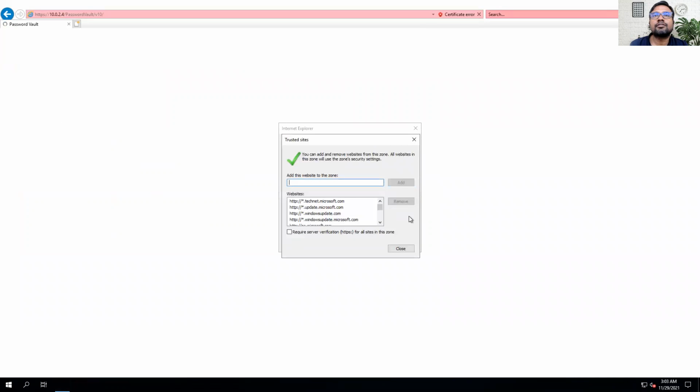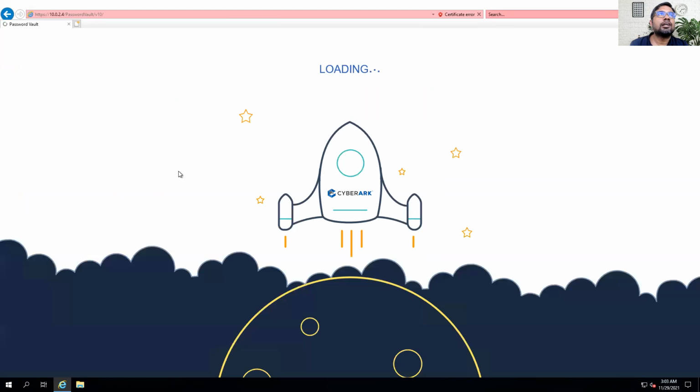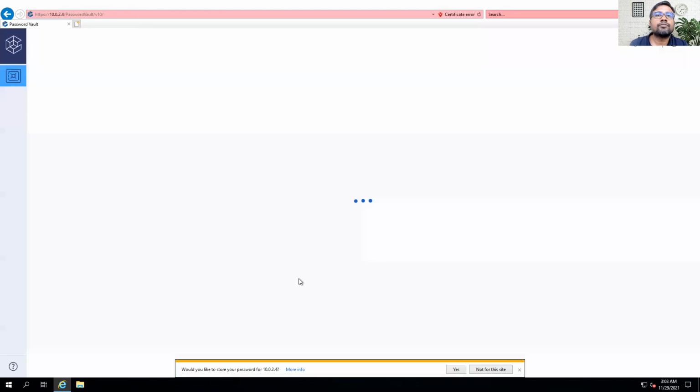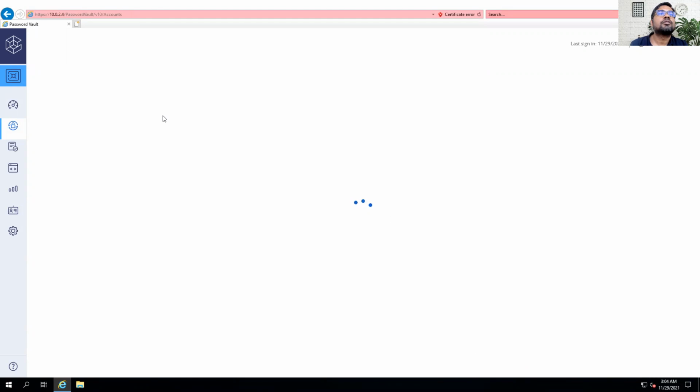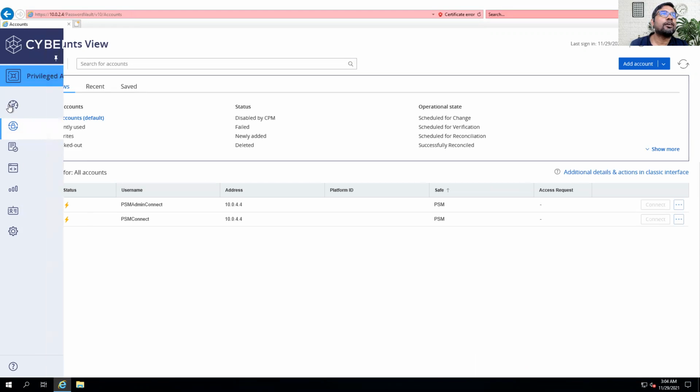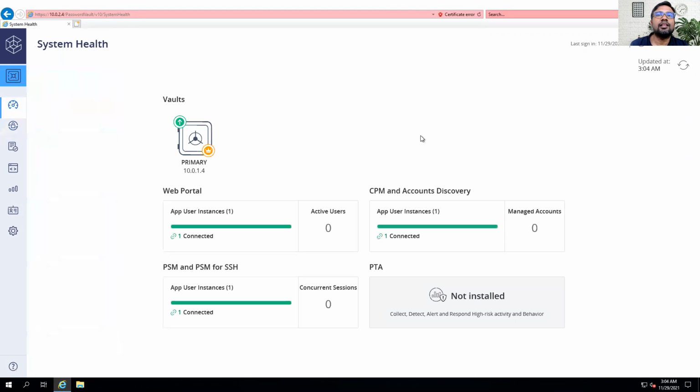Let me add this, and then let me log in. Once I'm able to log in, we can go to the system health.